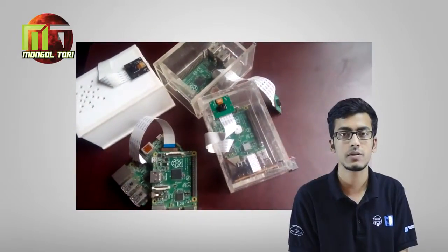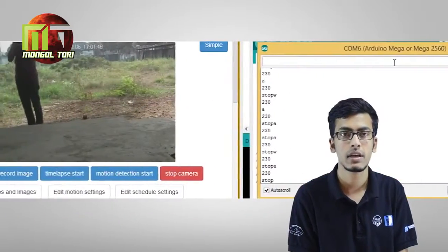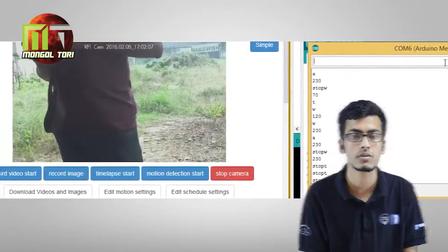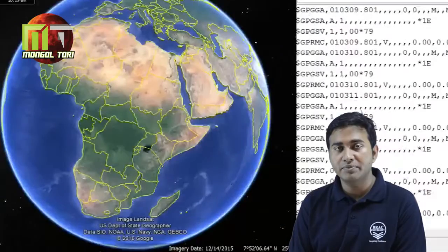We are using 3 Raspberry Pi with the Raspbian operating system installed. A built-in camera module and a web-based graphical user interface are used to monitor the camera feedback in real time, which can be accessed through a static IP. For our navigation system, we have used a GPS module which can collect real-time data from